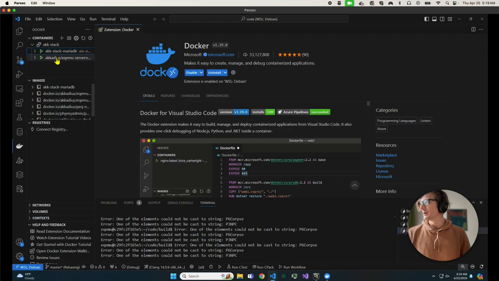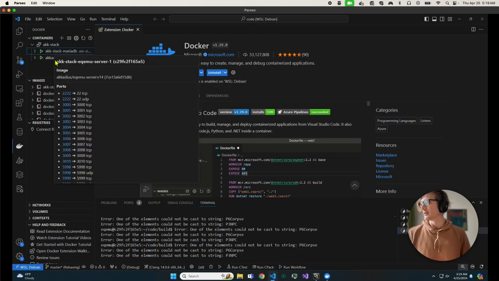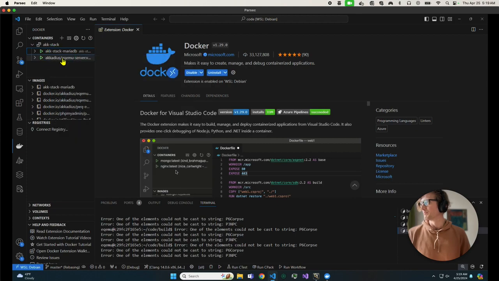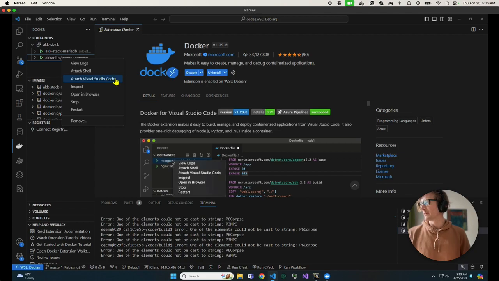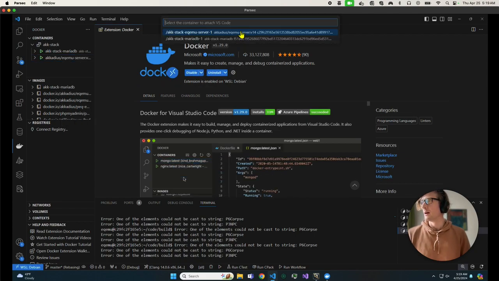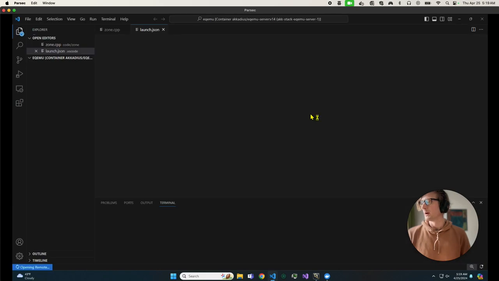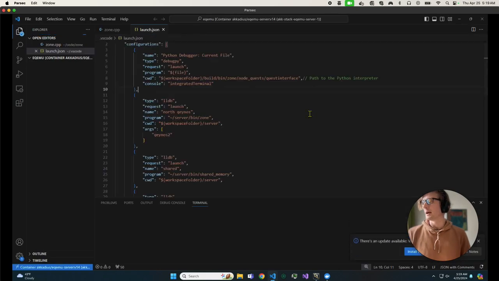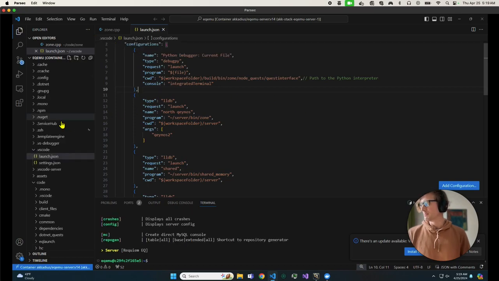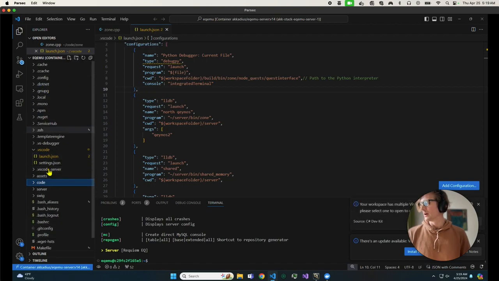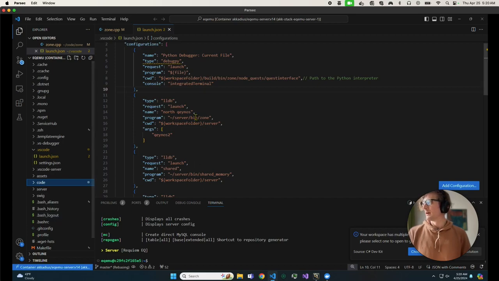And once we get loaded up here, we should have the running containers that we have, and this is going to be the one that we want to target to attach to the EQEmu server. And there should be an option, right-clicking this, to attach Visual Studio Code, and get right in here. And you could be prompted with opening a root directory, and the root directory should be, I think it's /home/EQEmu, and you want to open whatever the directory is that also has server and code as a sibling directory, so this one right here. And the first thing you want to do is create another folder in here called .vscode,